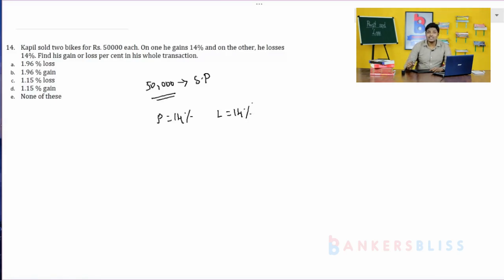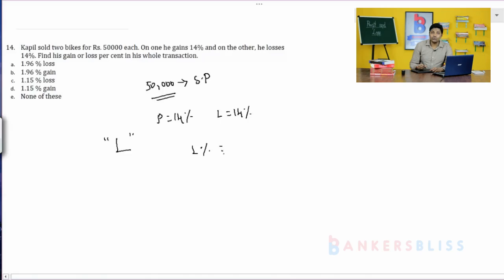But if they have mentioned the selling price and the profit percentage and loss percentage are equal, in this situation, always you are going to end up with loss. So how much percentage loss? Very easy to calculate. The loss percentage is equal to